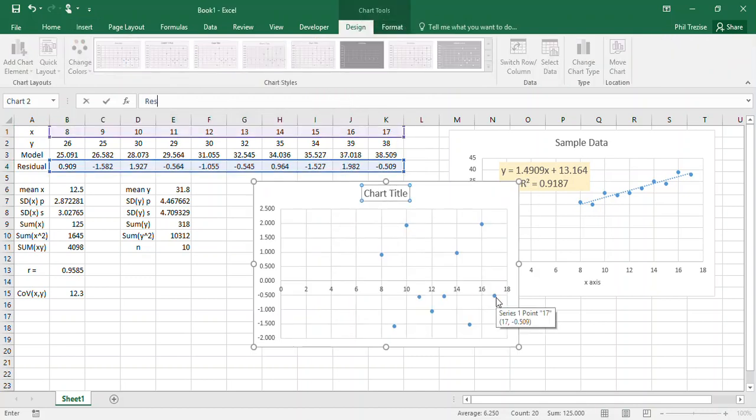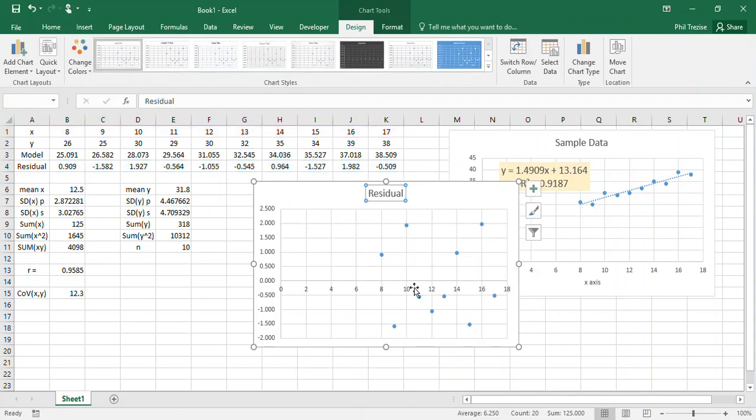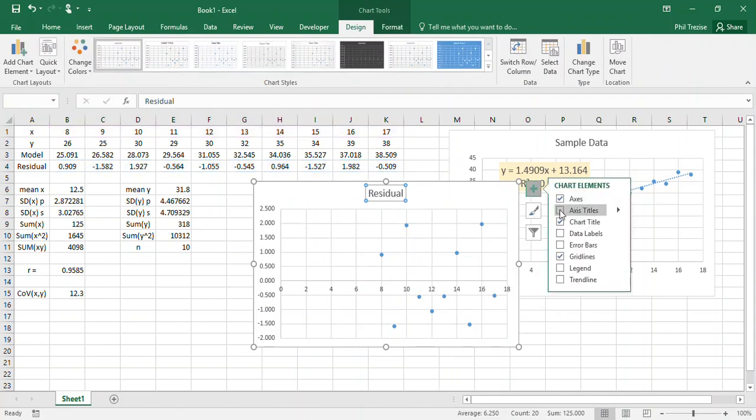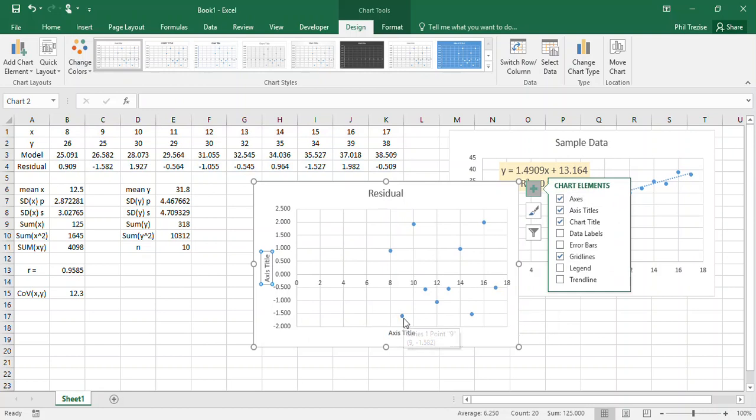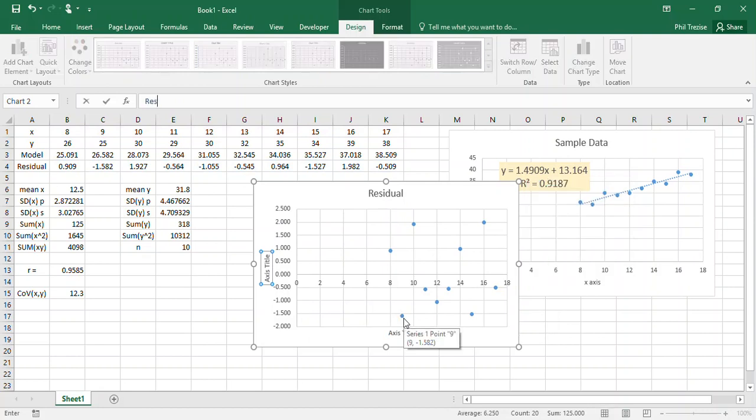And I'll title this residual. Helps if I can spell. And I will have some axis titles again. This one is the residual value, and this one is the